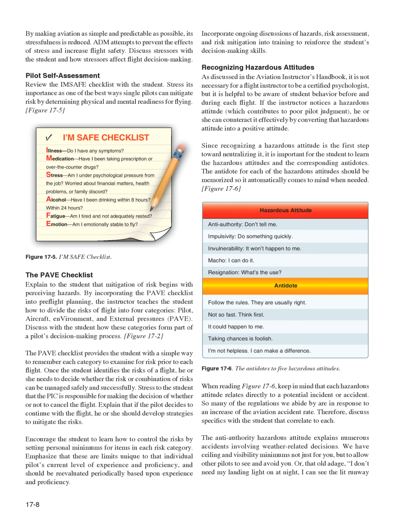Explain to the student that mitigation of risk begins with perceiving hazards. By incorporating the PAVE checklist into pre-flight planning, the instructor teaches the student how to divide the risks of flight into 4 categories: pilot, aircraft, environment, and external pressures, PAVE. Discuss with the student how these categories form part of a pilot's decision-making process. Figure 17.2. The PAVE checklist provides the student with a simple way to remember each category to examine for risk